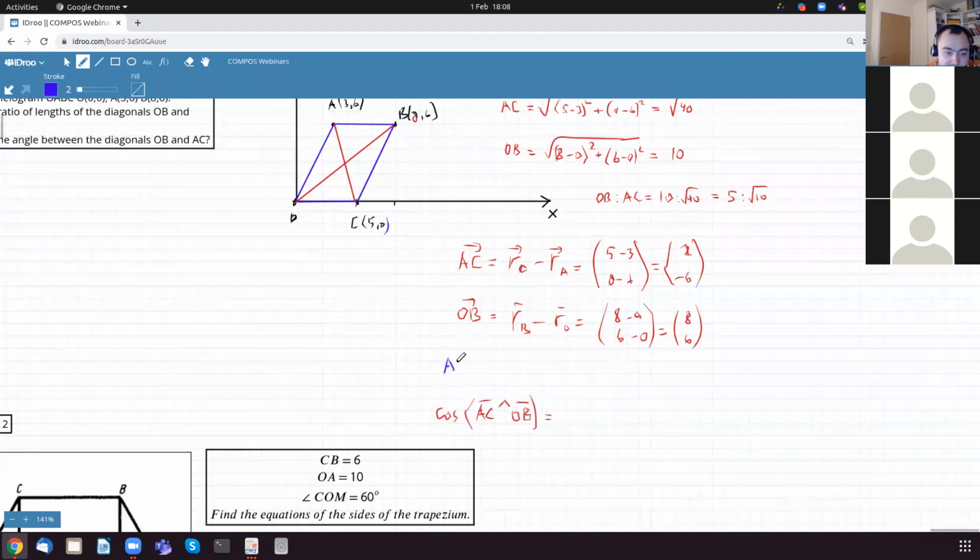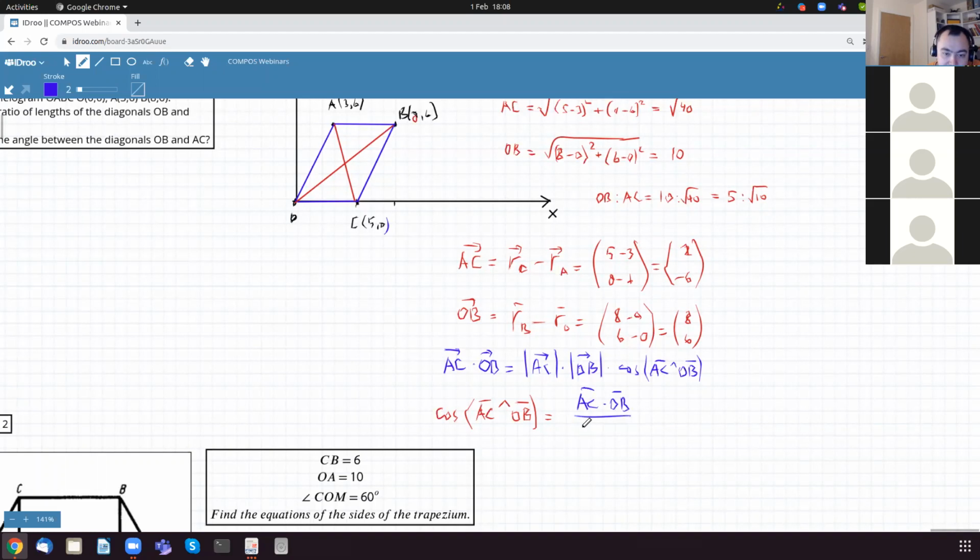So AC multiplied by OB is the modulus of AC times the modulus of OB, multiplied by the cosine of the angle between them, AC and OB. And the cosine is equal to this scalar product, AC, OB,